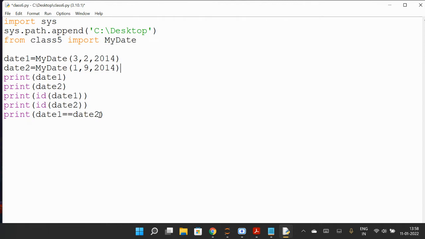Okay, so let me run it. What I want to convey here is that this class MyDate is not explicitly defined in this program, but we can use it, right, because we have imported it from that program, class 5. We saved it with this name, and we have imported it from that location. So the location of the file is this, so we can use that. If I run it, let me first ask for the output.